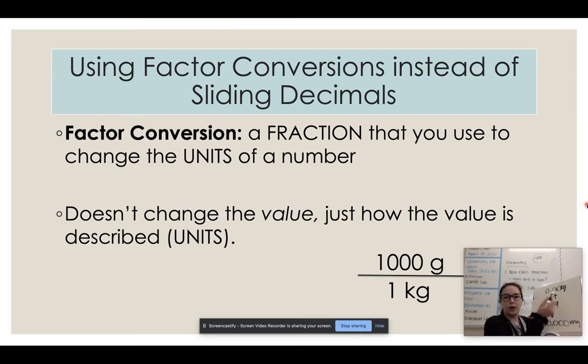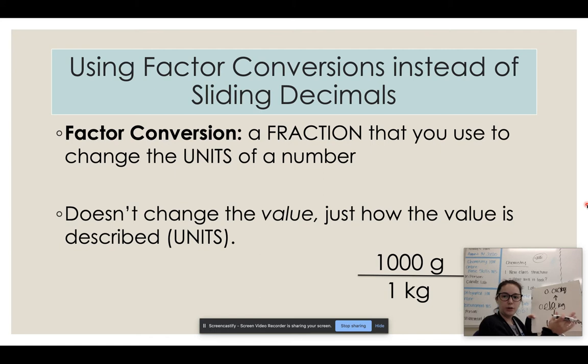The reason I knew how to do this is there's 1 kilogram and 1,000 grams, so I would just take my decimal and go 1, 2, 3, and that gives me my